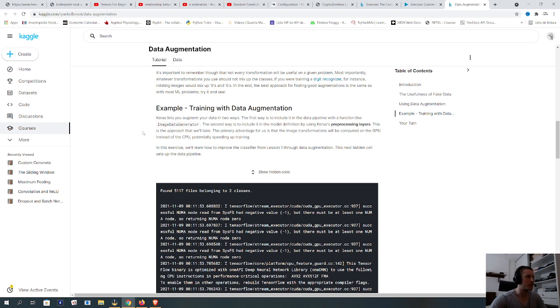Training with data augmentation. Keras lets you augment your data in two ways. The first way is to include